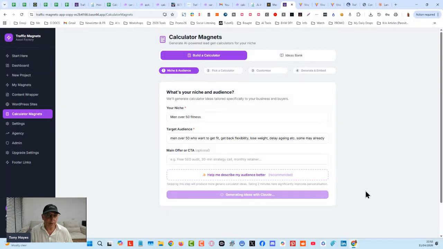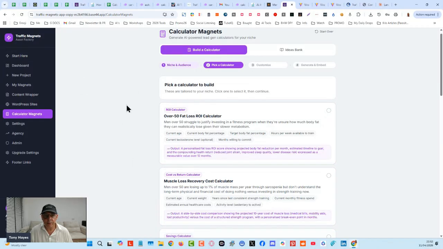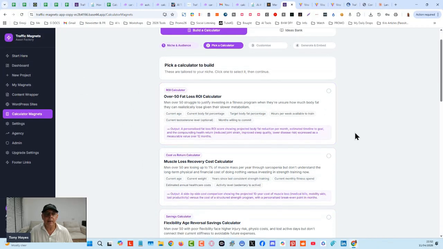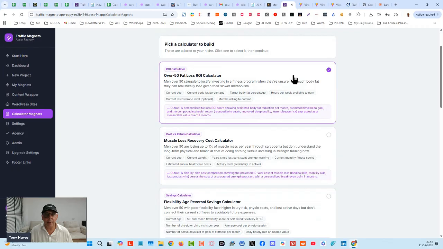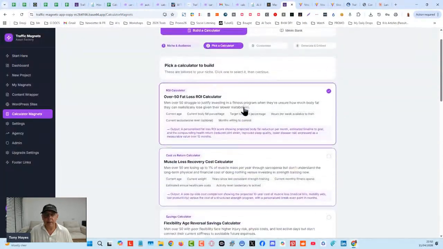What we're going to be able to do with this is give you an option to make people opt in to access your calculator, or opt in to get the full results from the calculator, things like that. It's much more advanced. So use simple tools to get your initial traffic, then this. We can take this through, and all of these calculator ideas are so good.